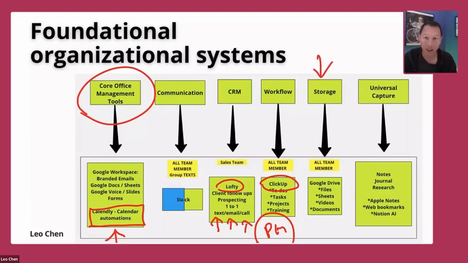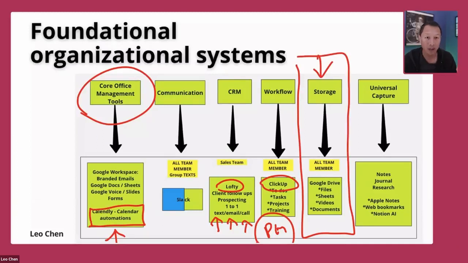Next, we have the storage layer. We have documents. Sometimes they're video files, sometimes they're audio files, sometimes they're images, sometimes they're presentation slides. We can't stuff all that stuff into a CRM or a Slack or in emails and all that stuff. So we need a way to organize all of our data storage and then use it to reference. So a good one would be Google Drive, or you could use Dropbox, right? So all of those things get organized and get housed in a storage layer.